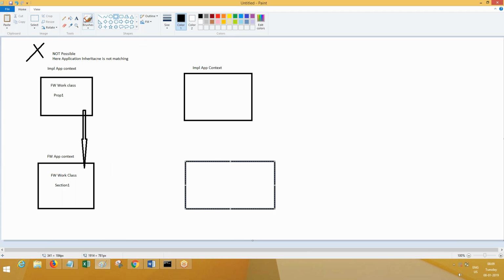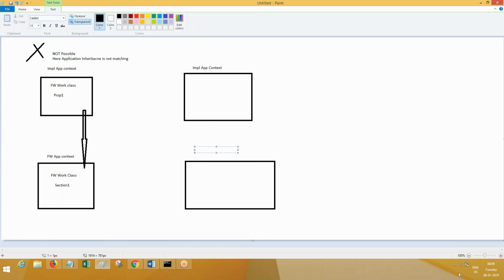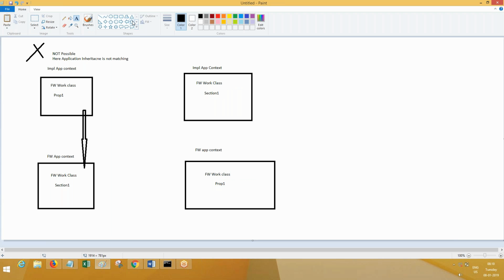This is FW app context, and here FW work class, and the below one is again FW work class. Now here you have section 1, and here you have property 1. Now can you get this property from here into the section? Always the direction will be property towards section, for your better understanding.